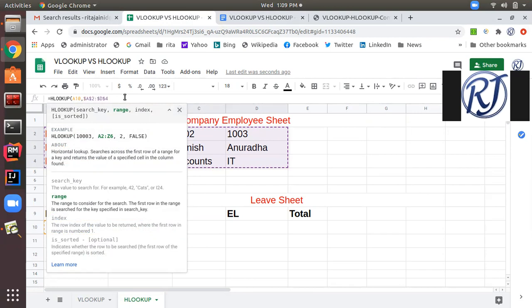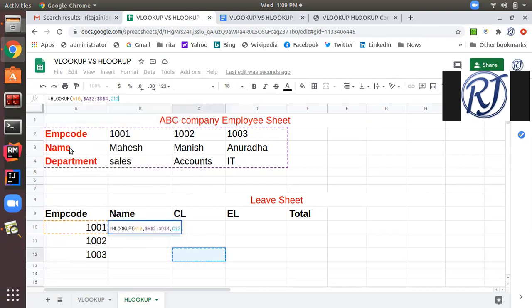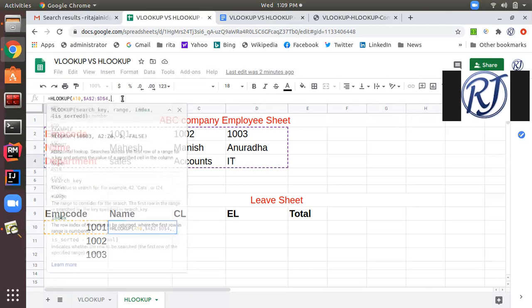Then again, this time instead of column index, I will give row index. So I want to search in the name row. The row index for this row is, number one is the row index for employee code, 2 is for name, and 3 is for department. So here my row index will be 2.